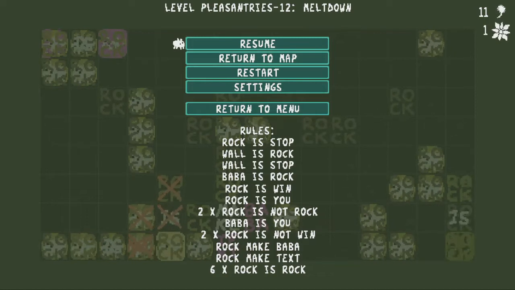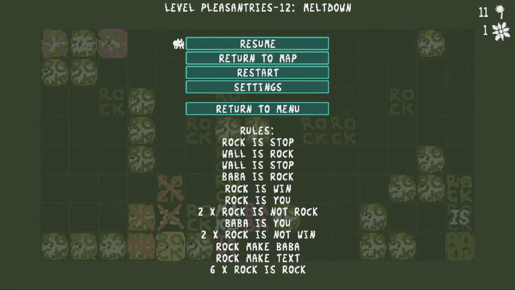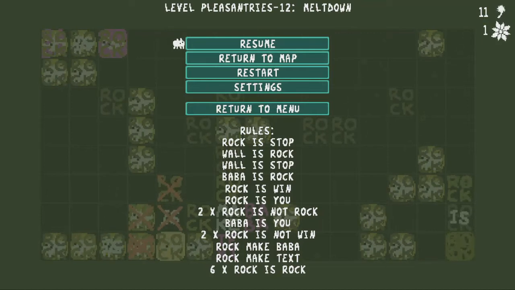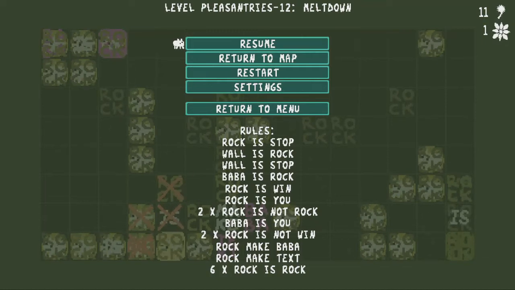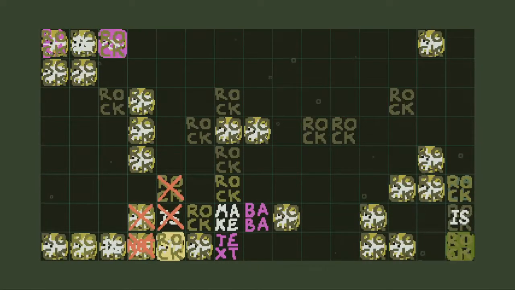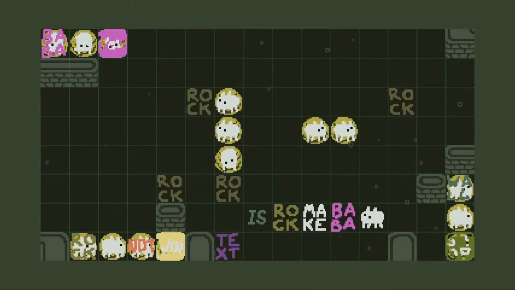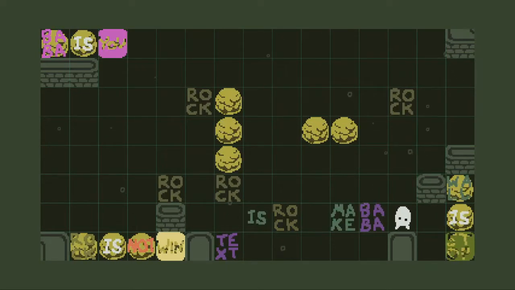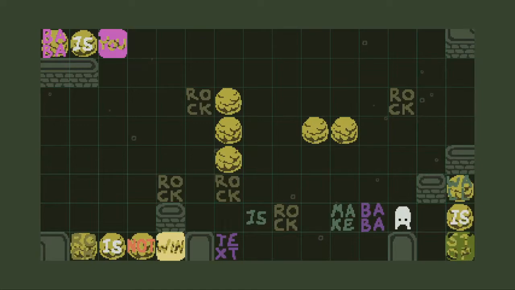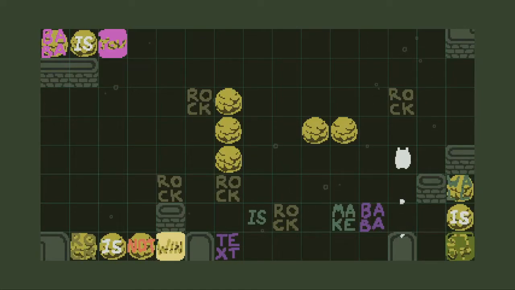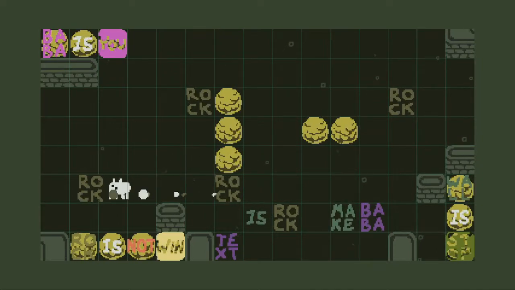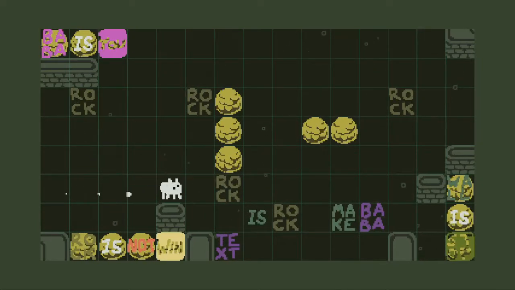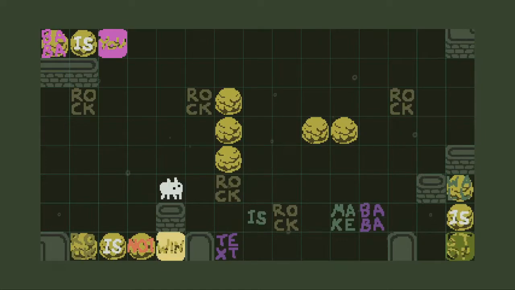Because rock is not win is still a rule, and rock is not win is always going to supersede rock is win. So what I needed was Baba is win, not rock is win. Got it. So I should be able to correct that just by putting the word Baba here instead of this word rock here. So if the word Baba were here, this would work. In order to get the word Baba here,